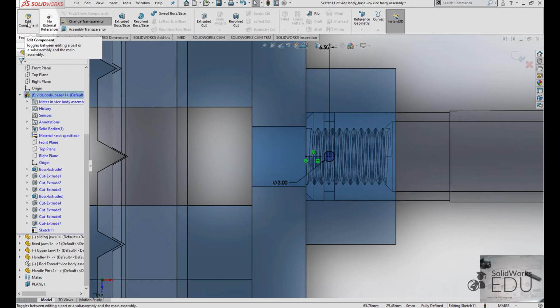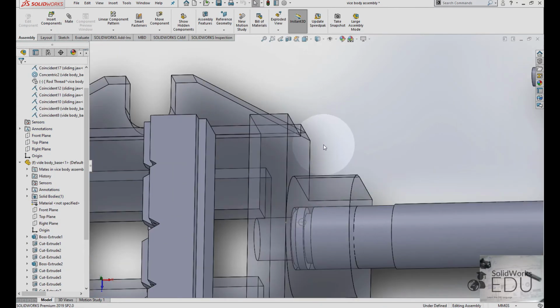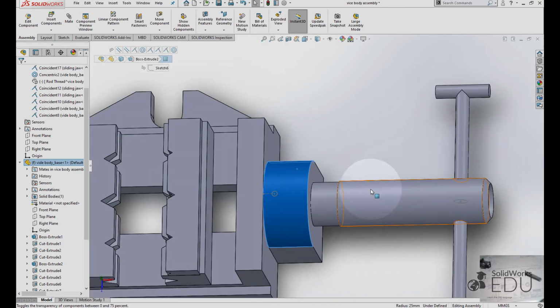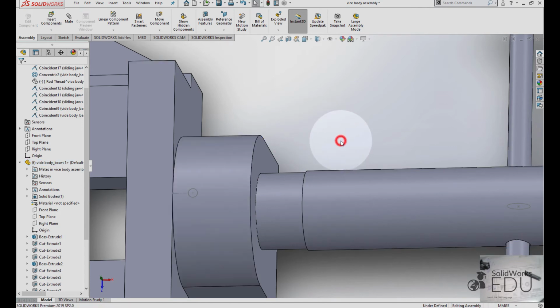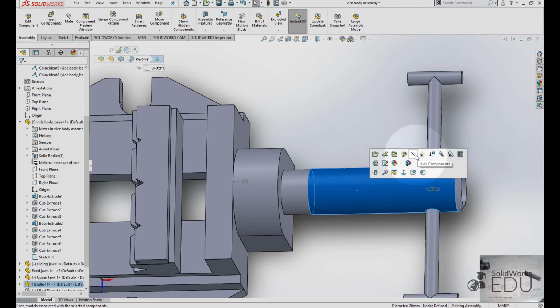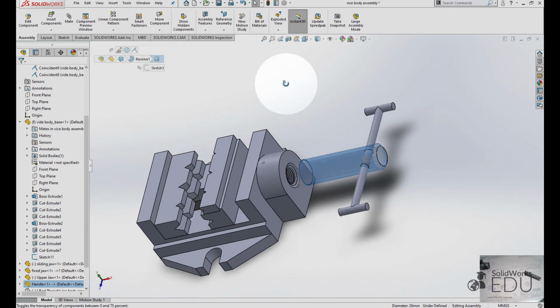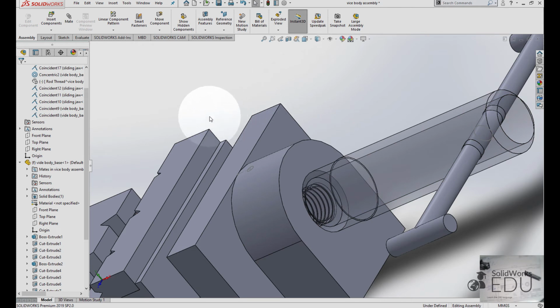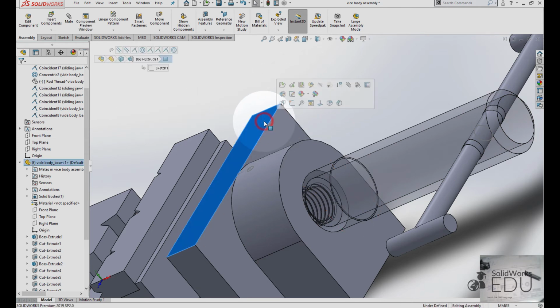Select component, edit component, select the vice body, select change transparency, select the handle, select change transparency, go back to the vice body, select the vice body, go edit component,